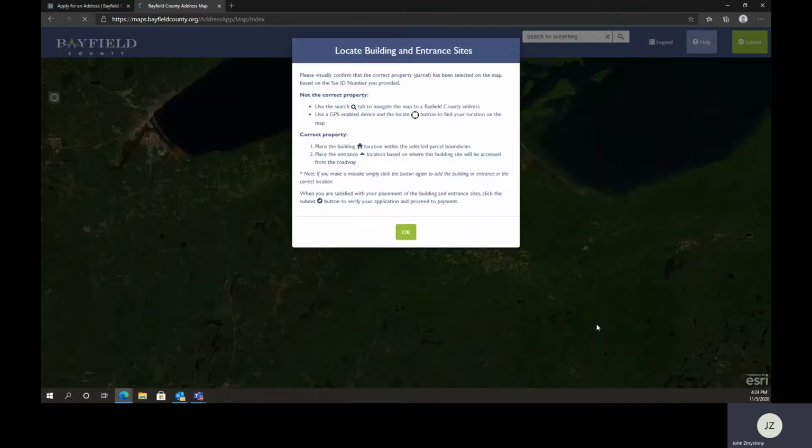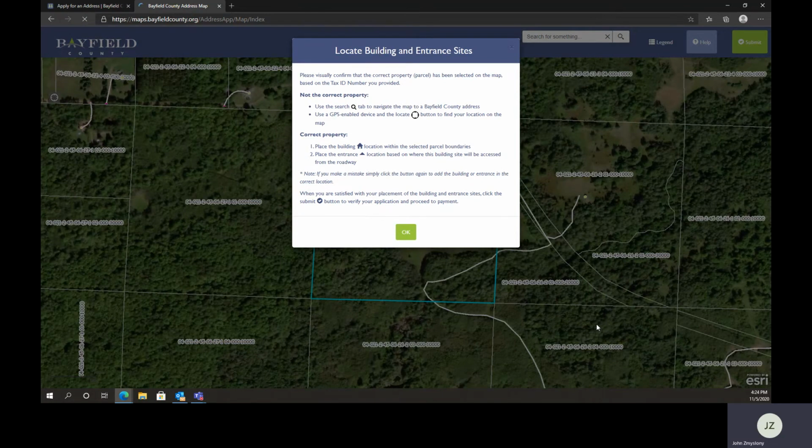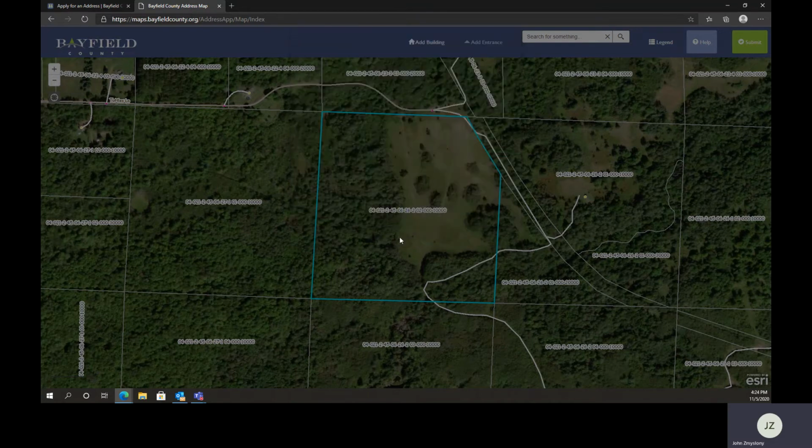The next page will bring you to an interactive web map. Here you will be asked to provide the building site as well as the driveway entrance site. This page explains to you briefly how to do it. More importantly, you will have to place a building location and an entrance location. If the parcel shows up and it is not the correct parcel or property, you can use the search bar up top to find the parcel, or you can use a GPS enabled device to find the location. Press OK,